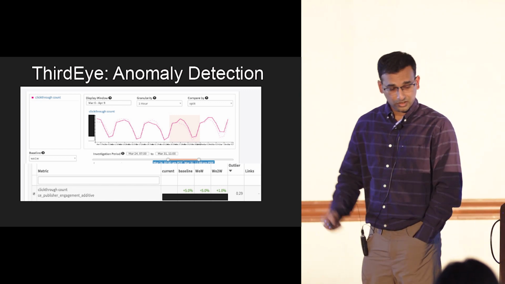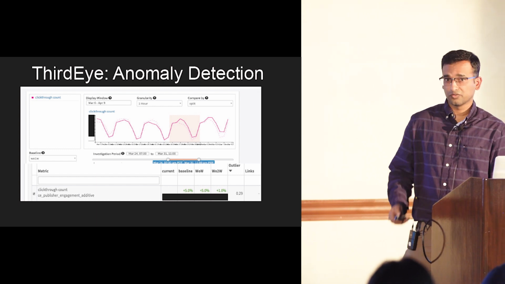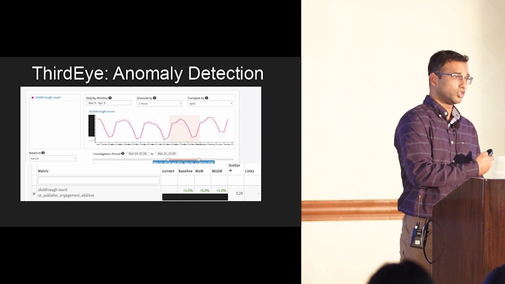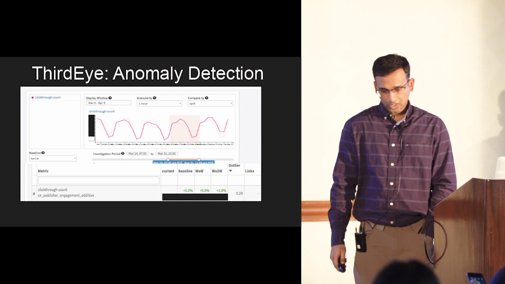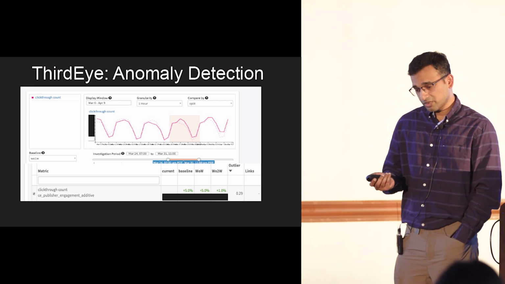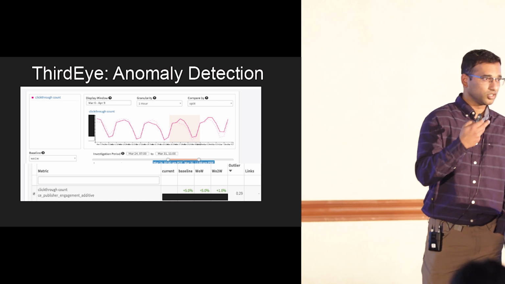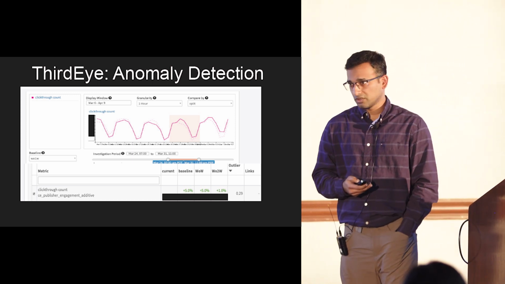This is the project that I was working on, called ThirdEye. We built an anomaly detection framework on top of the same data that we are showing in the dashboards. We can automatically start monitoring all that data. Typically, for anomaly detection people build a streaming solution, where you stream the data, compute the models, and then compute anomalies on top of that data.